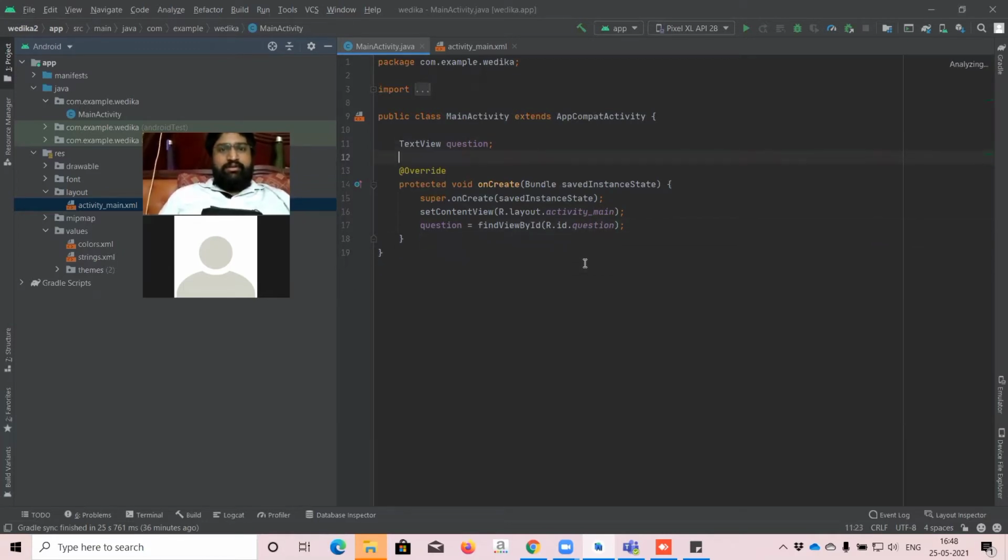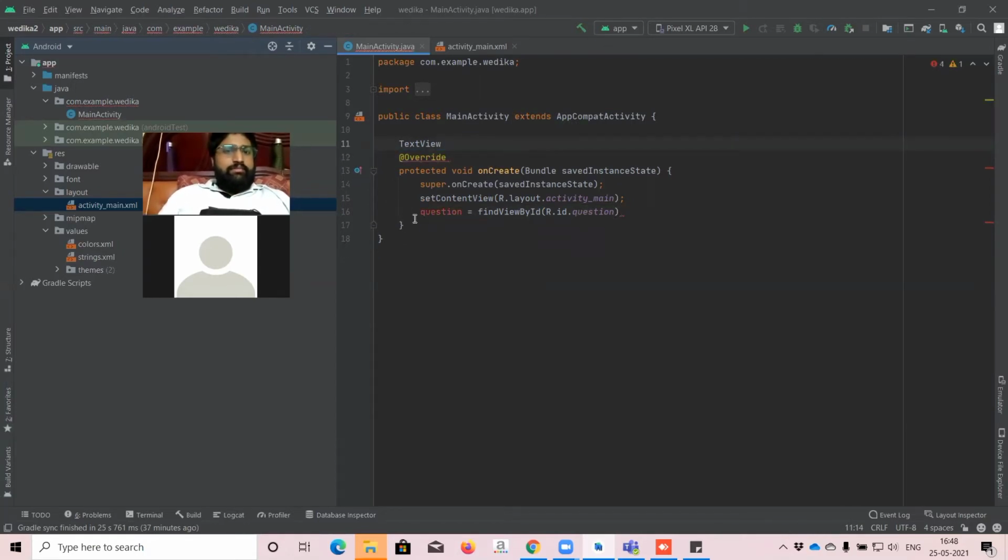Okay, we don't want to use this. I'll delete this. Let's assume the text view is a human.